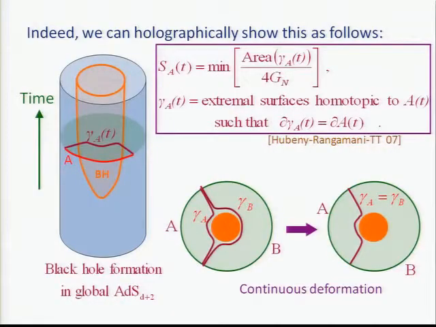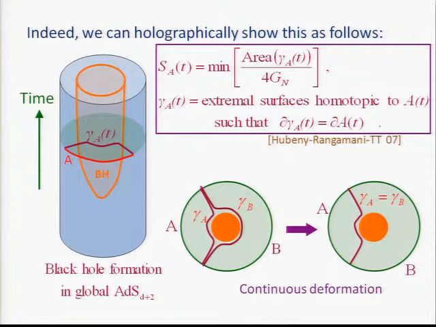So this is a cartoon of black hole formation. We have this time axis, and this is the AdS boundary, and this is a radial direction. This circle is the AdS boundary, but we can generalize it to any dimension. Here, we excite the system, this quantum quench happens, and a black hole is formed. Eventually, it approaches a static Schwarzschild black hole, for example.